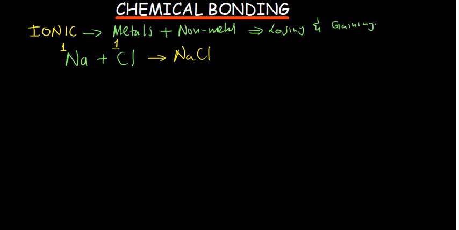We need to look at the number of protons of each of these atoms. If you consider first sodium, sodium has got 11 protons. And if we consider chlorine, chlorine has got 17 protons. So these are neutral atoms, meaning that if we want to write the electron configuration starting with sodium, the electron